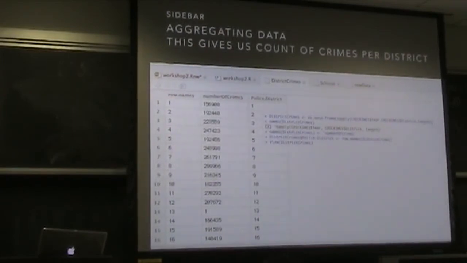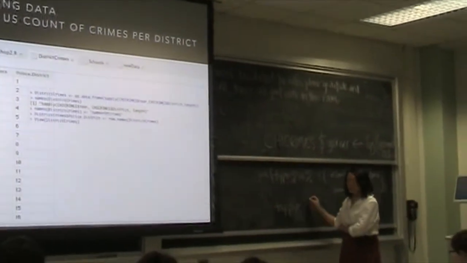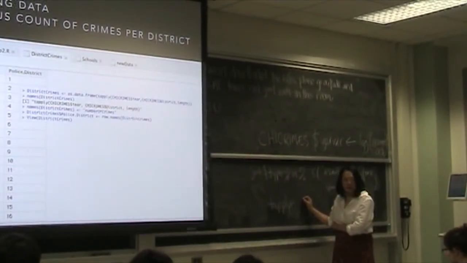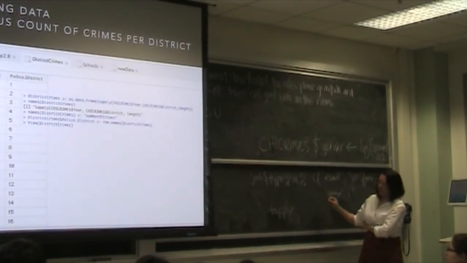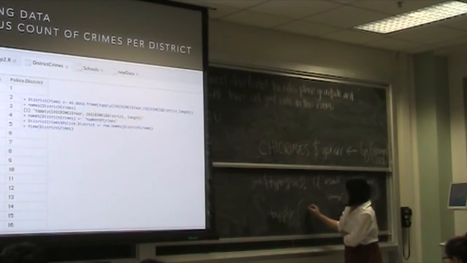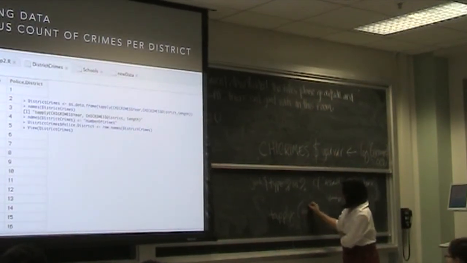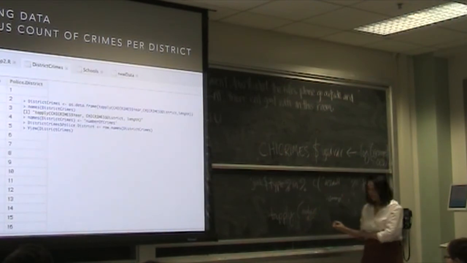You could use an aggregate. I actually think tapply is fastest, but maybe it depends. Aggregate's another way you could do it. I just don't like the output from aggregate. So tapply, and then here, this is your analysis variable. Yeah, I know I'm using year, but you'll see what I'm doing.